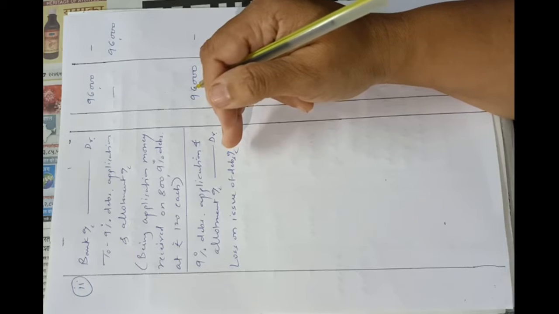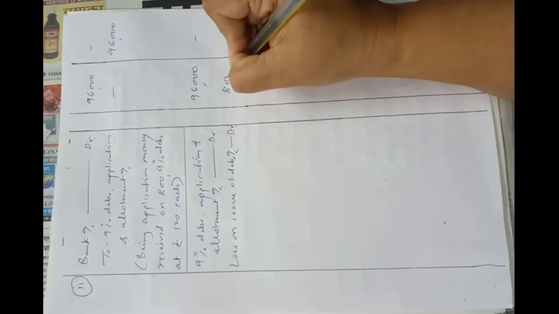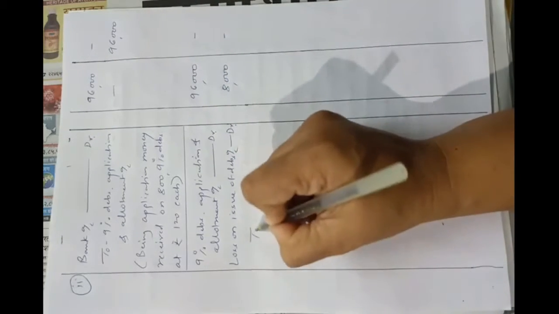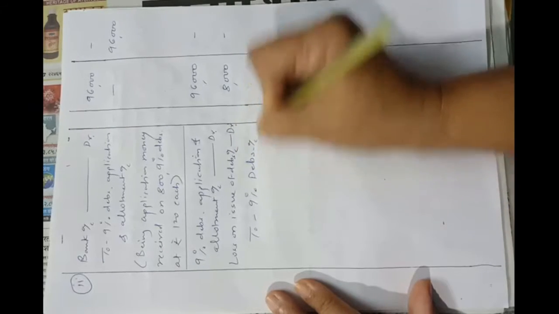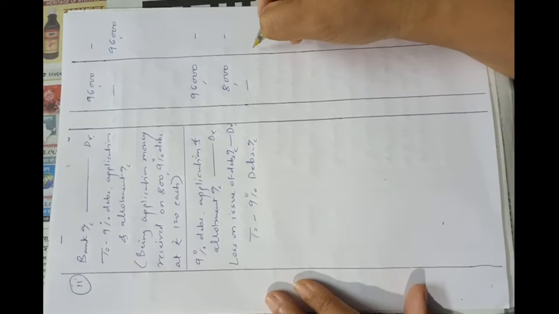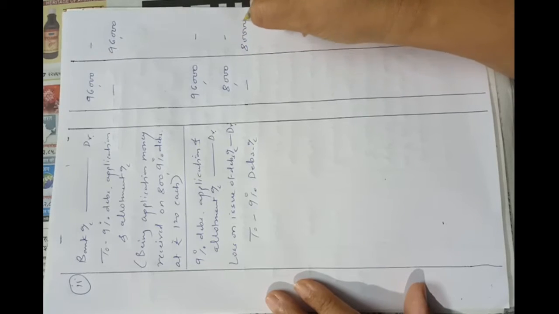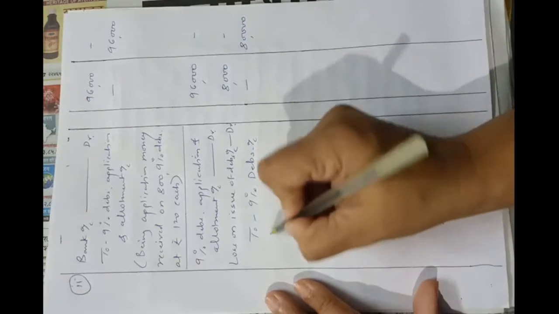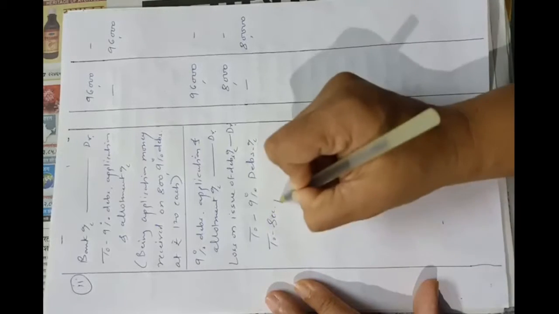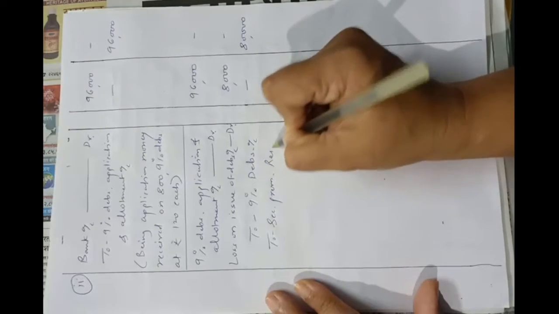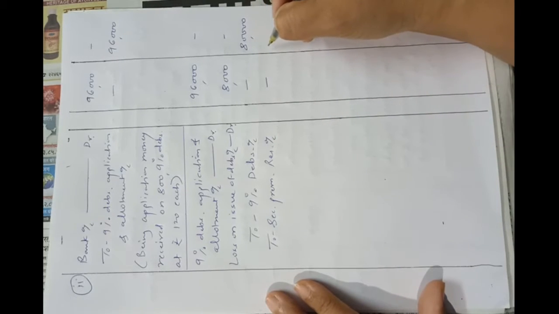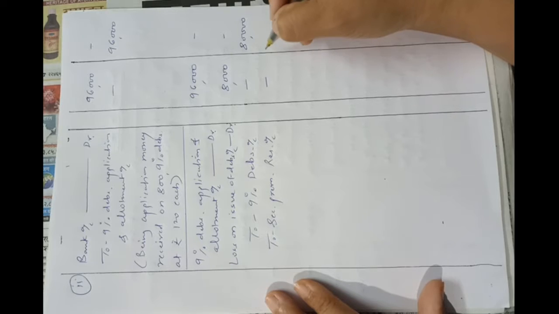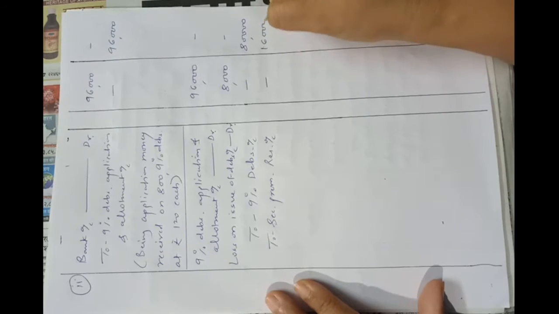So on 800 debentures 10 rupees premium, that is 8,000. So 8,000 will be the loss at the time of redemption. To 9% debentures account, the amount is 800 into 100, that is 80,000 original amount. Then to security premium reserve account, as they were issued at premium of 20%, that is 20 rupees into 800, so it will be 16,000.